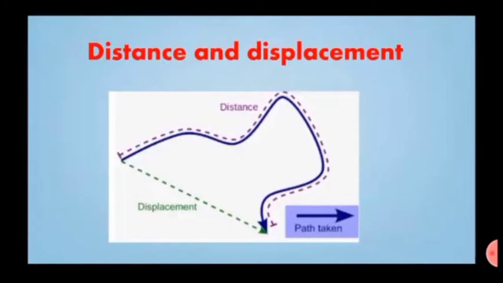These are used to describe the change in position. Now if someone asks what is the distance between A and B, we cannot give a definite answer because it depends on the path taken. It may or may not be the same for all three paths. But for displacement, we can always give a definite answer as it is the straight line joining the two points. In other words, displacement is nothing but the shortest distance between the two points, which in this case is path 2. Also, it has a particular direction from A to B as we can see.